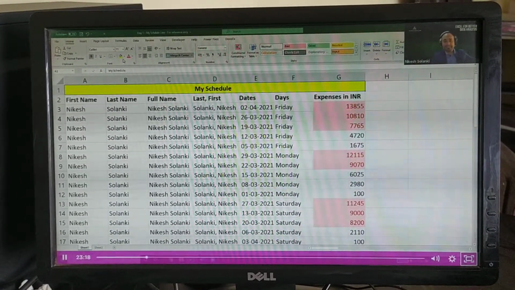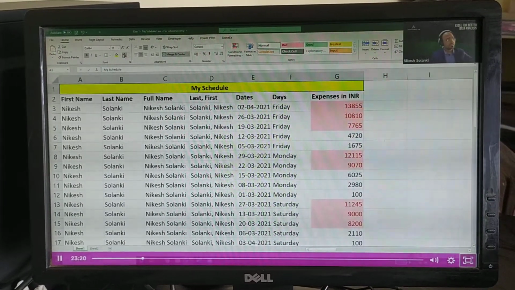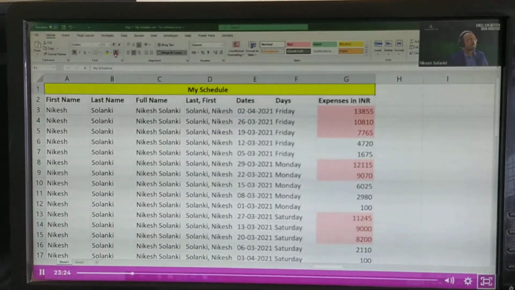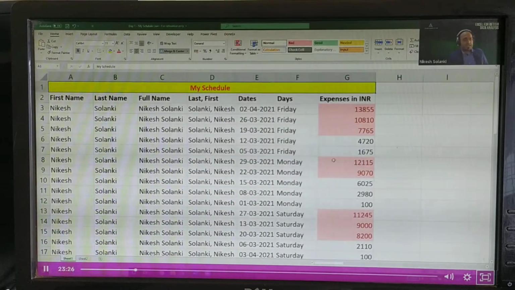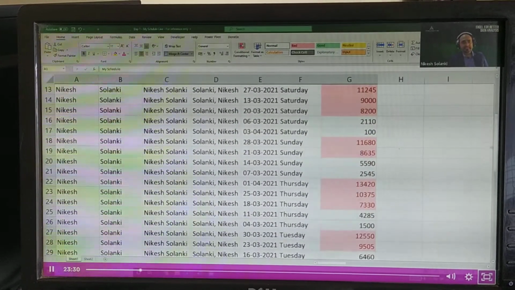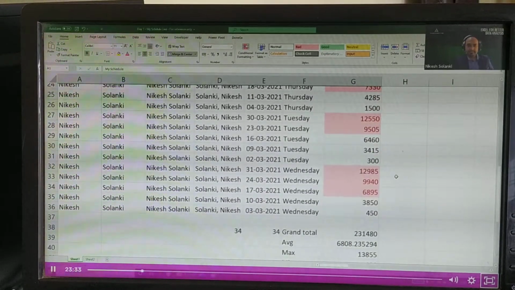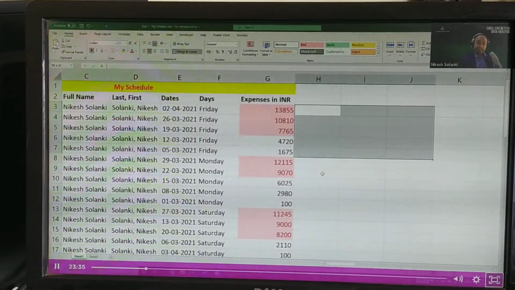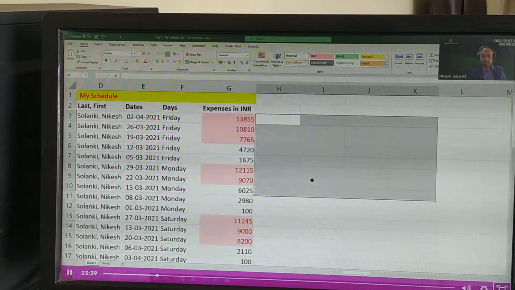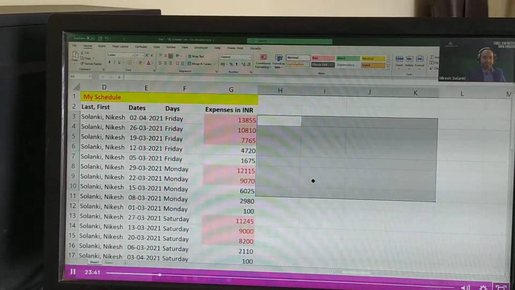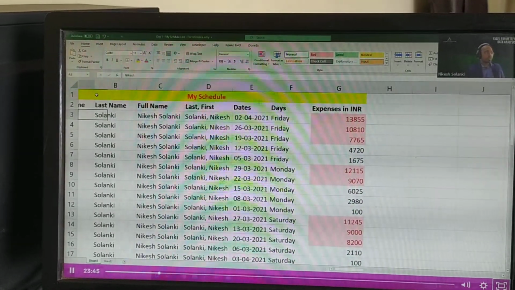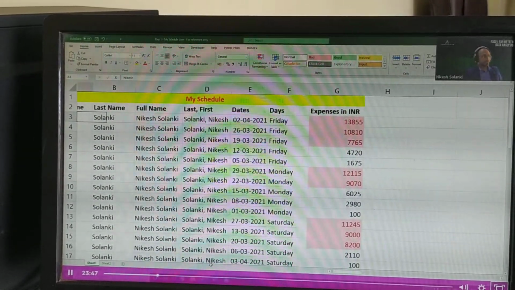I'm not going to explain where the colors are, the cell color, the font color, because I'm sure you might have used the rest of the tools, and these are very common features across. Right. Many people get confused: will these cells get printed? Yes, if you want, it can get printed also. If you don't want, it will not get printed. It's absolutely your choice.